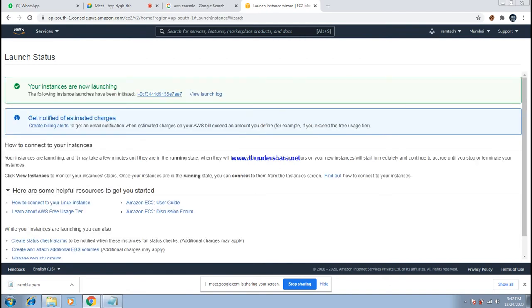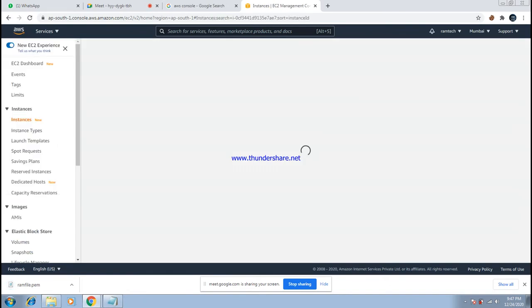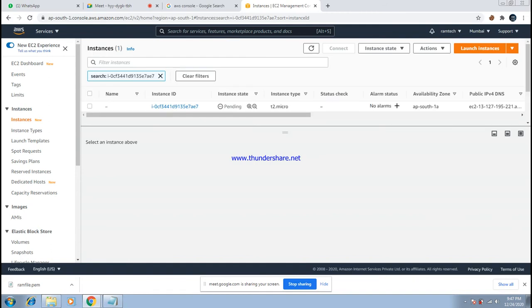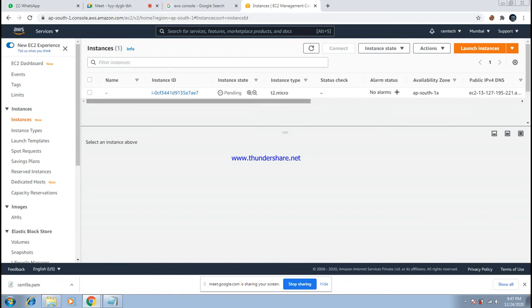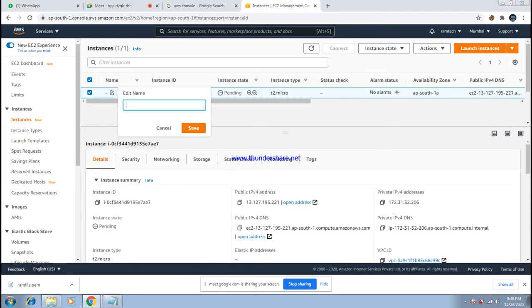Once you launch the instance, go and check the instance, madam, to see the instance status. Now it is creating.